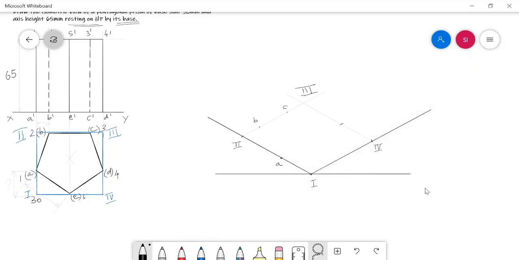This is also possible, or simply by measuring the distance between the Roman letter 3 and D and mark it in the same way. At that time also you will get the same results.